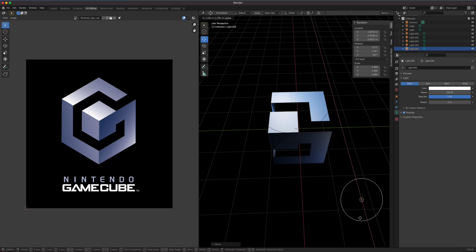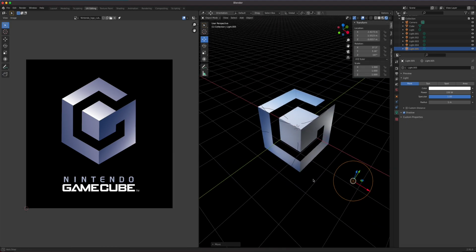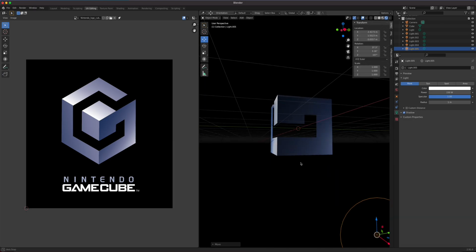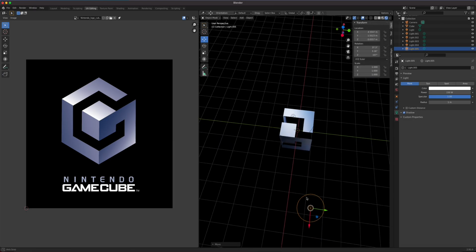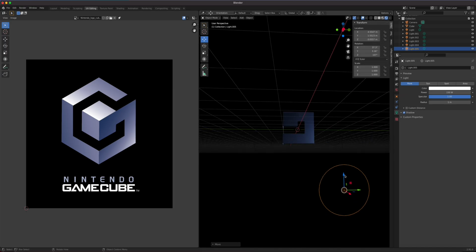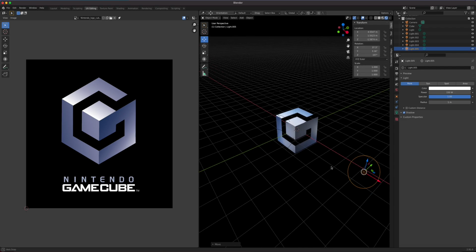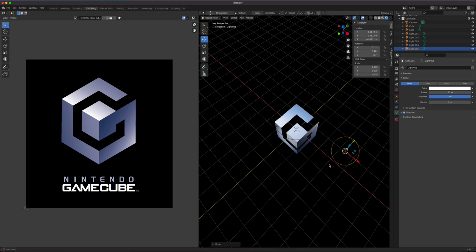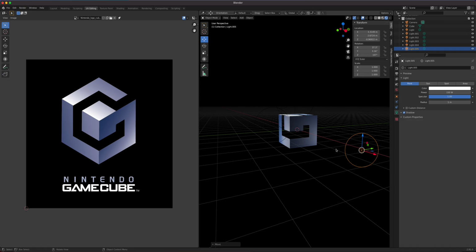Okay, no wonder. I got confused right there. It's actually at the back. See what happens when you rely on orthographic. All right, I want it there. There we go. We still want it on this side. Okay, but